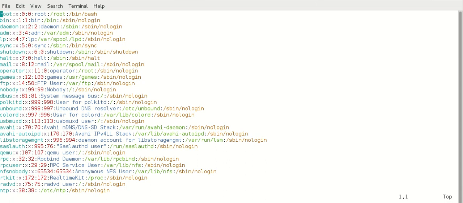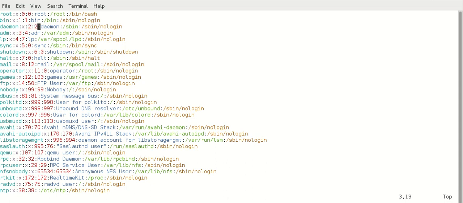If you press w, see, the cursor moves word by word. Root is one word, and the slash is another. After that, if I press w, bin, the cursor keeps moving word by word.